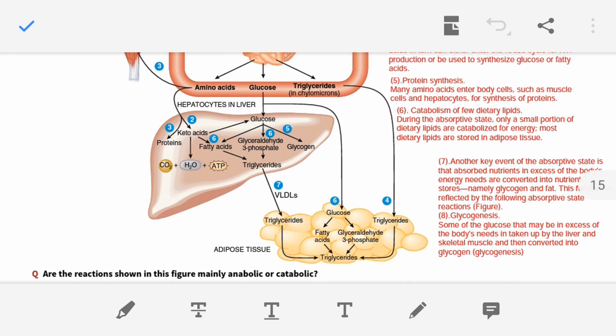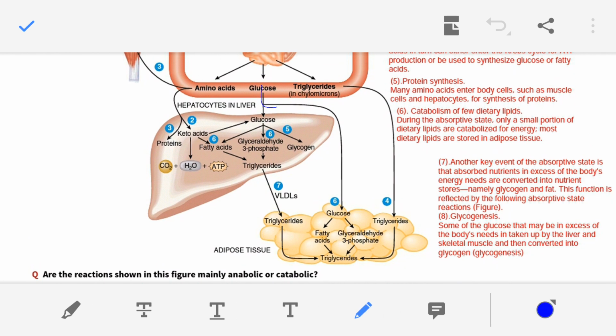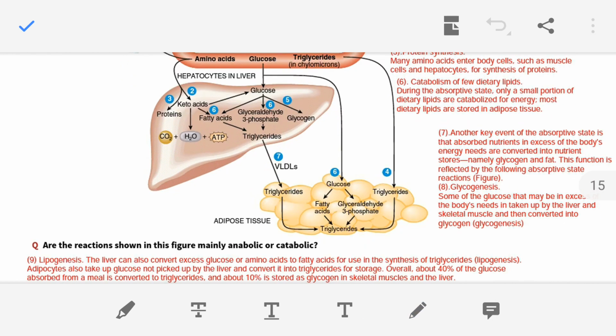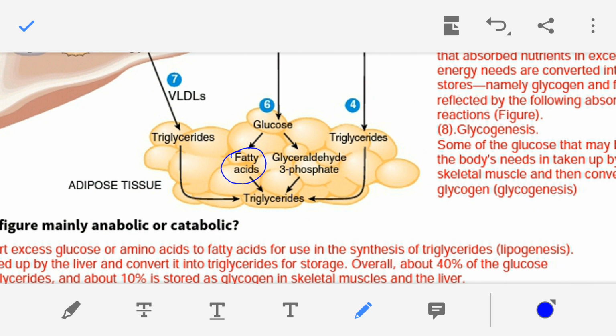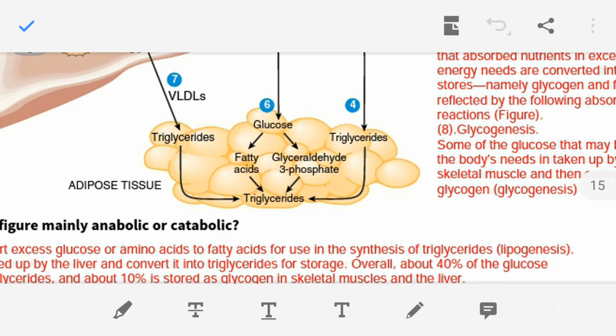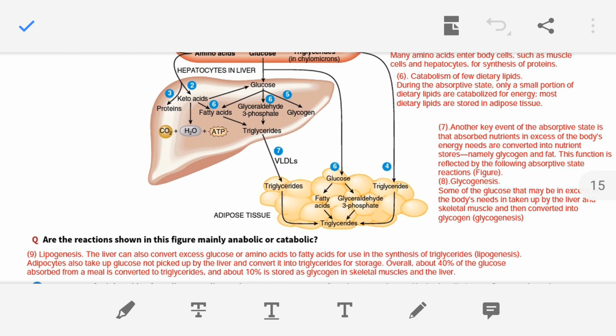Then the blood glucose, this is one route that the glucose is entering into the adipose tissue. Inside the adipose tissue, what is happening? Glucose is converted into fatty acid, glucose is converted into glyceraldehyde 3-phosphate, and triglycerides are formed. So in the adipose tissue, conversion of glucose to triglyceride, that is also possible. Okay, so this is how the lipids are mainly